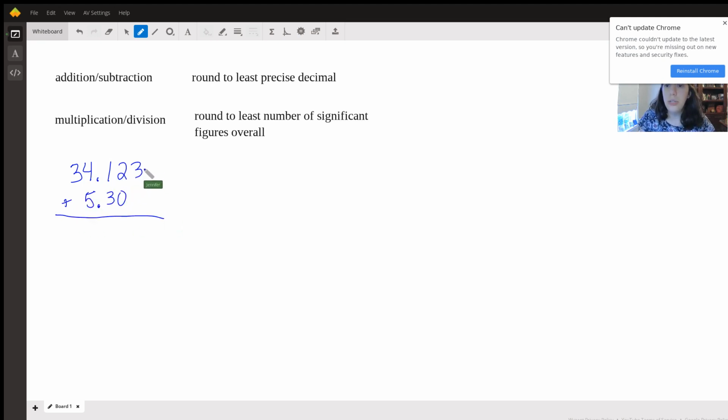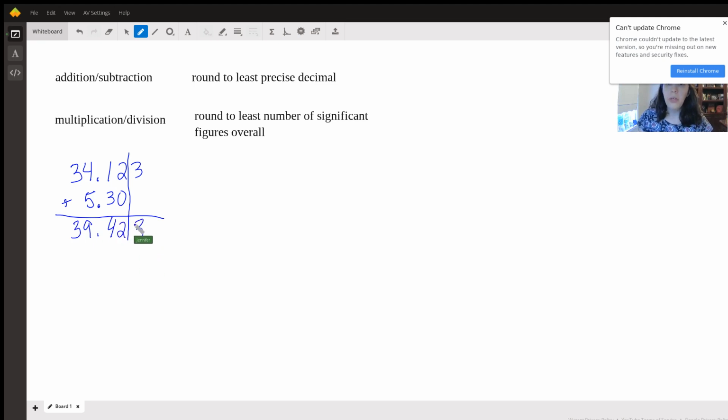And so you can see that right here is where we're going to round. That's going to be our rounding point because this is the least precise place that they both have in common. One of them goes all the way out to the thousandths place, but the other one does not. So when we round, we're going to stop at the hundredths place because that's the least precise place they have in common. So when we add this in the calculator, we get